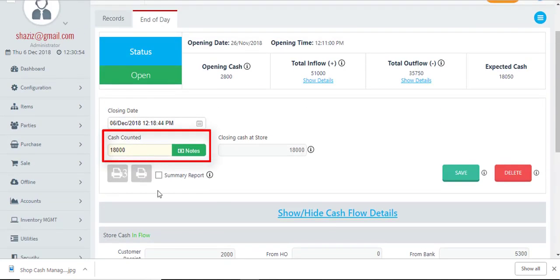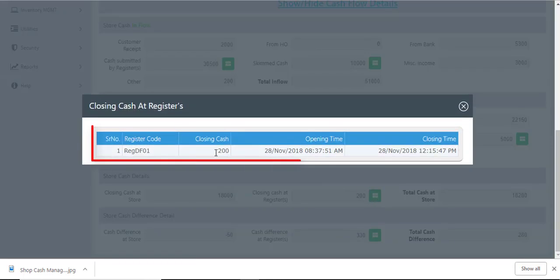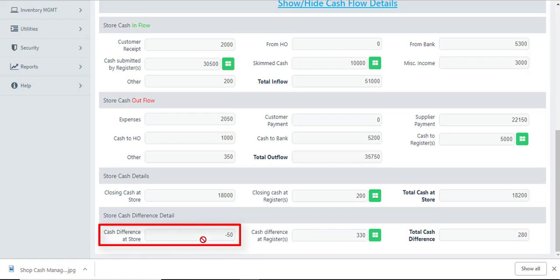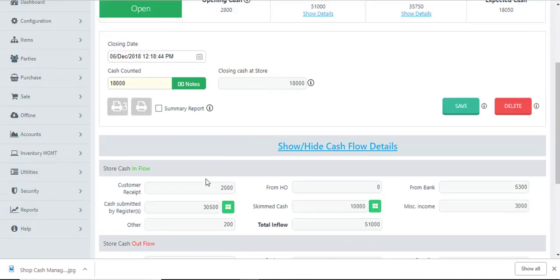Because he is saying he has counted 18,000, and this is the closing cash at the register. And we can see if there are multiple registers, multiple entries will be here. So this is the total cash available in the store. Similarly, the total cash difference from last end of day till this end of day. Cash difference at the store is the difference by the manager from expected cash to the actual counted cash.